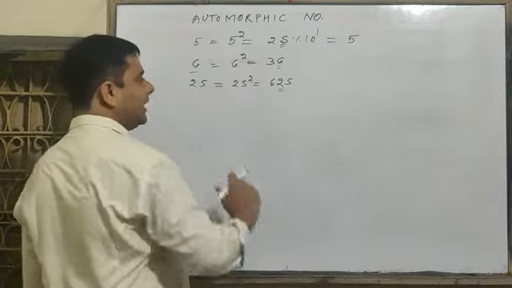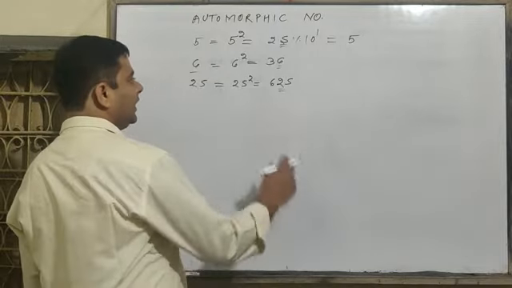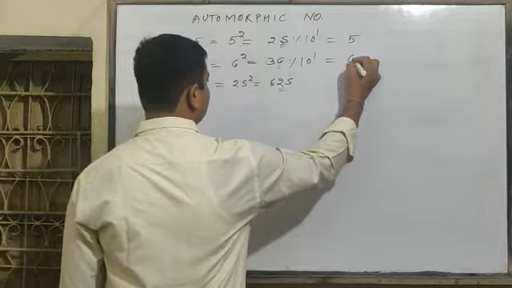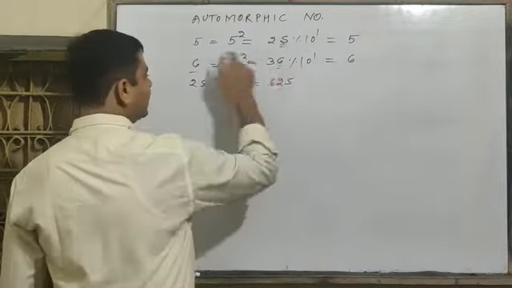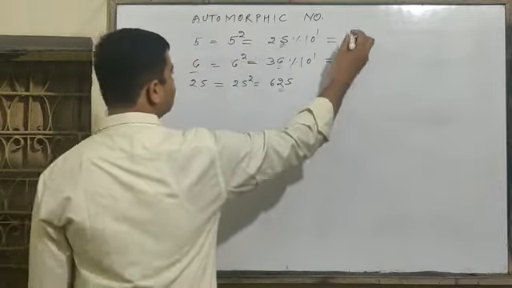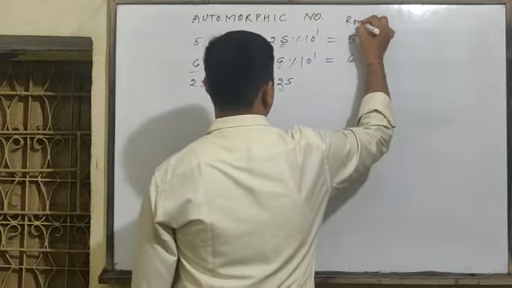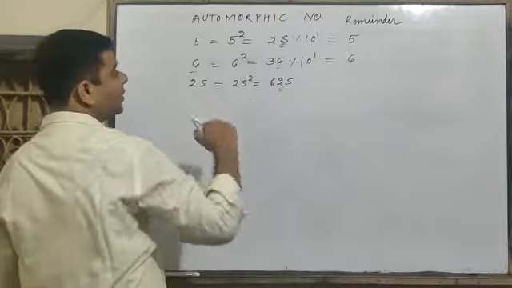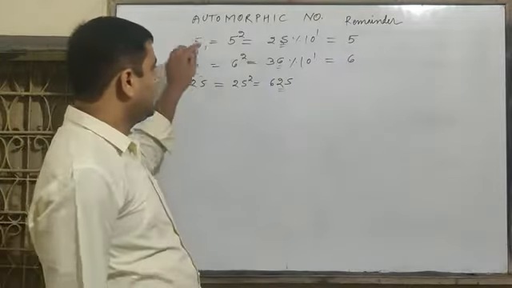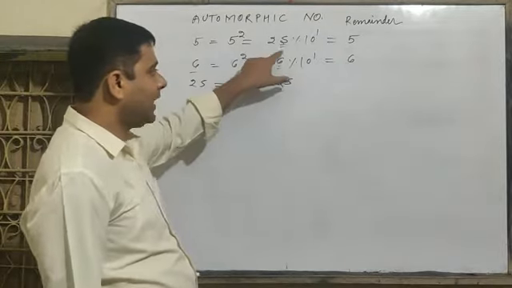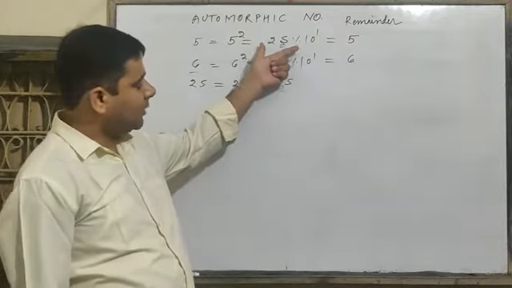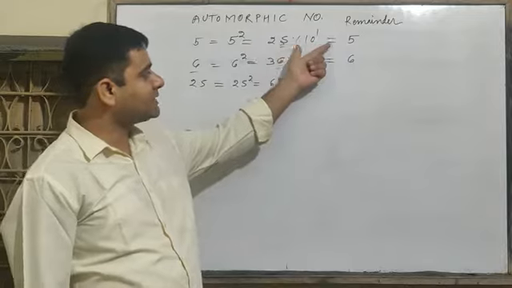Apply the same concept for the second number also. 6. How many digits are there? 1. And we will calculate the remainder of its square with 10 to the power 1. So what you will get? 6. You can compare this. So the remainder is what we are calculating actually. So how do you calculate the remainder? The number of digits is 1. So first of all find the square. The square's remainder we have to calculate. So square modulus 10 raised to the power 1.